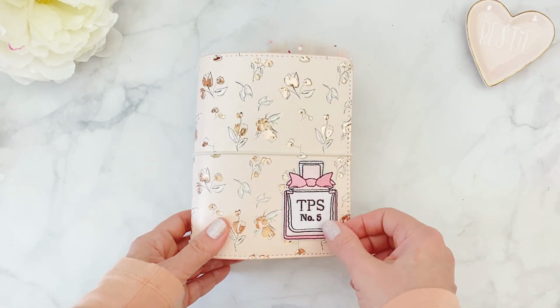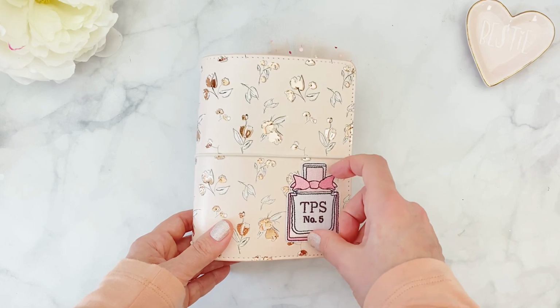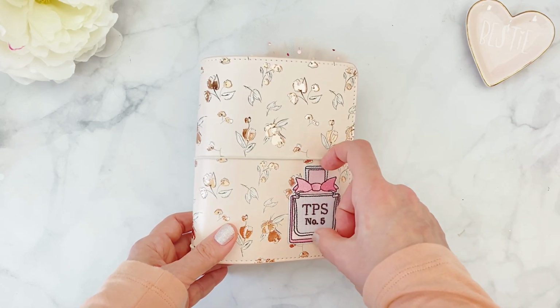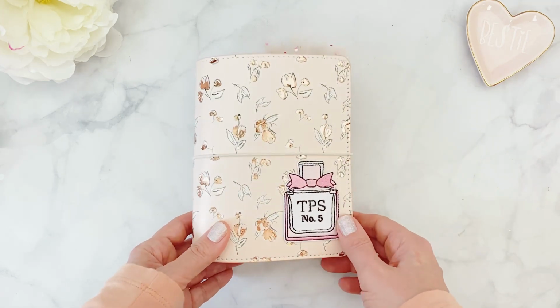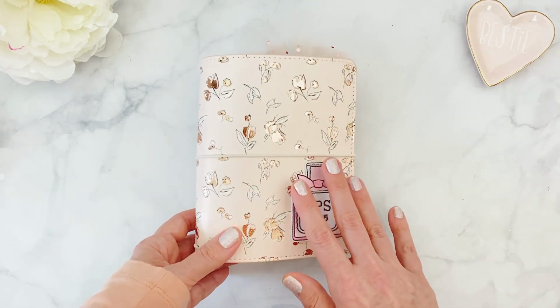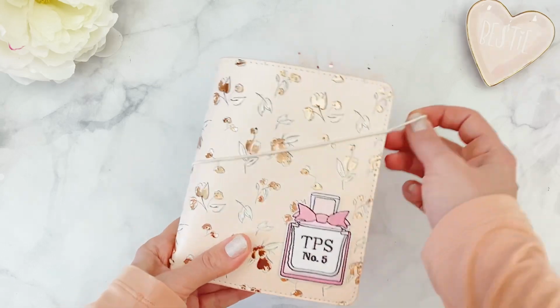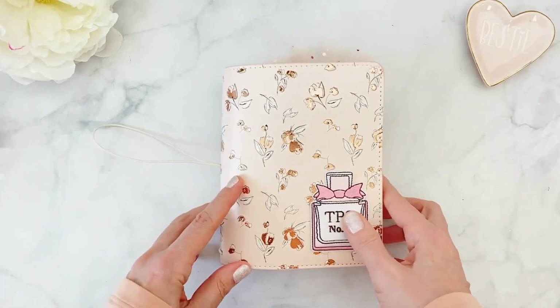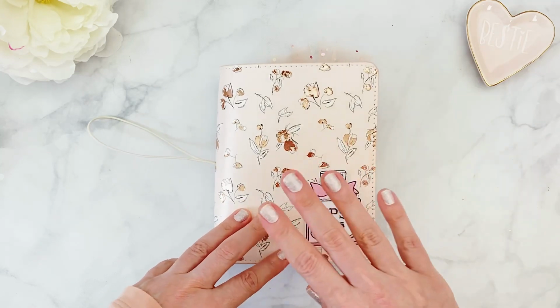So I just removed it basically from the paper clip, and I used a strong double-sided adhesive. This is not going anywhere. Super strong, so it's nice and safe here. And by the way, this is a pocket wide plus size. So usually I use a B6, that's my favorite size, but for the purpose of this setup, which is strictly